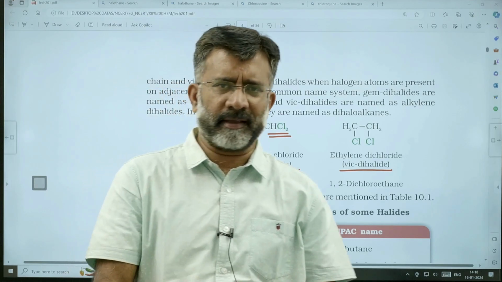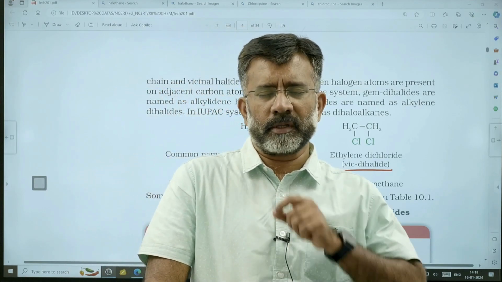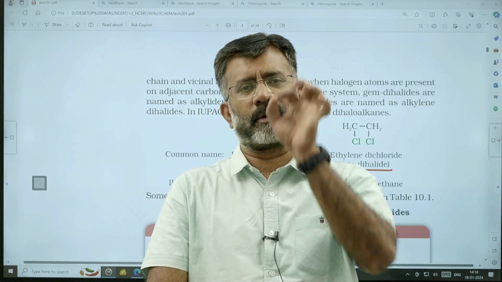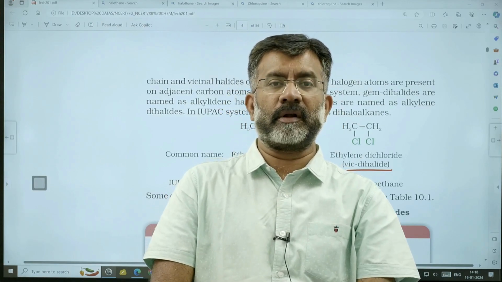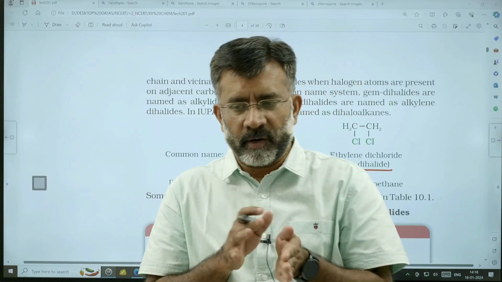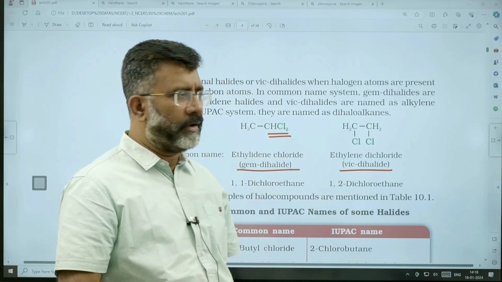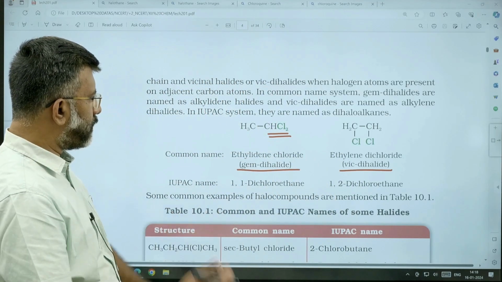Not just two, three can also be. So, more than one halogen atom on the same carbon is called geminal, while on the nearby carbon it is called vicinal. Vicinal means in the near vicinity. So,